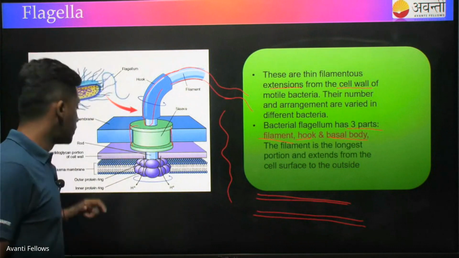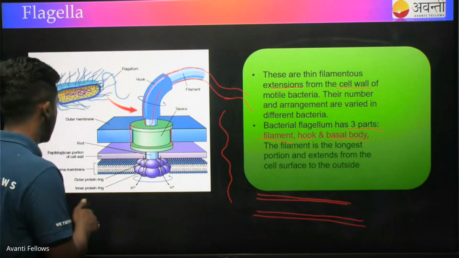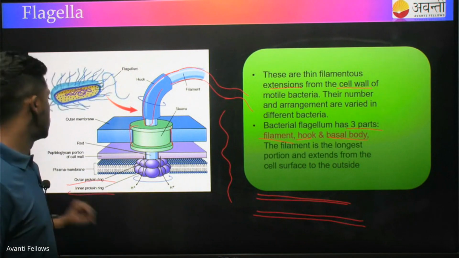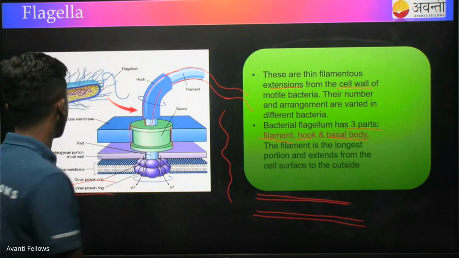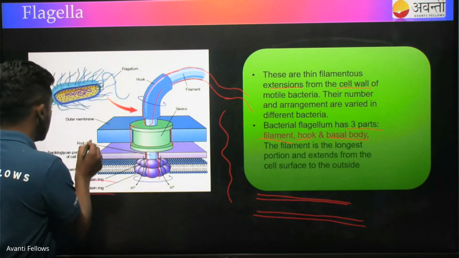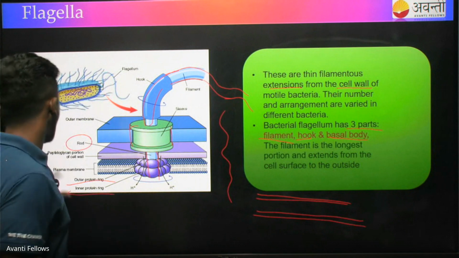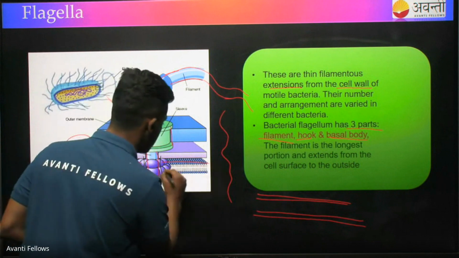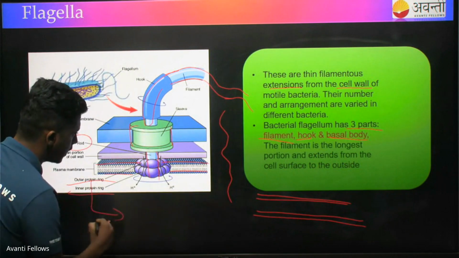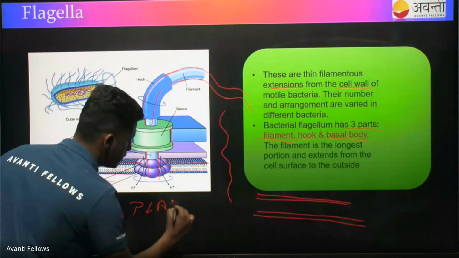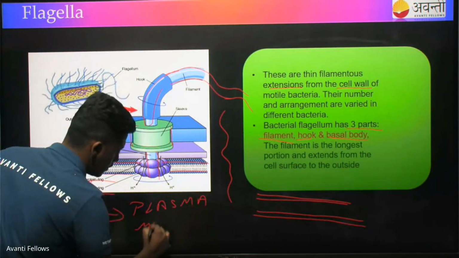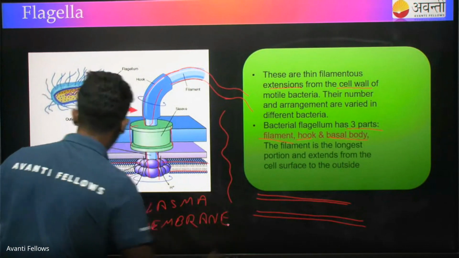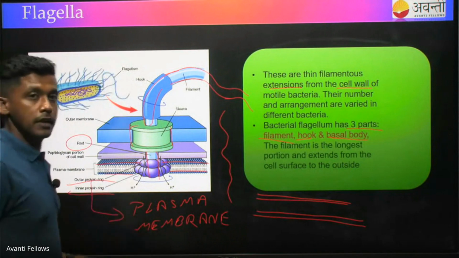flagella. Now the basal body is made up of rings, and these rings are called outer protein rings, and you have inner protein rings. Between these outer protein rings and inner protein rings, you have a shaft like a rod. So that is called a rod. Now what happens, the rings are present within the plasma membrane. Remember that the outer ring and the inner ring are present at the plasma membrane, and in the middle of the rings is